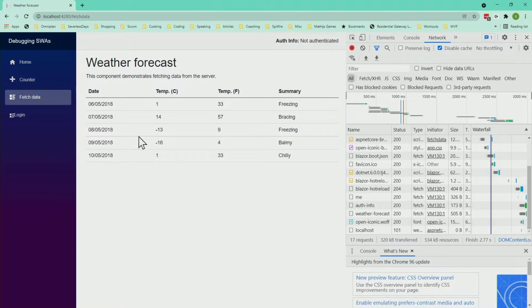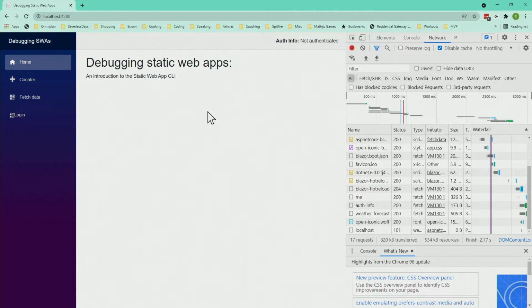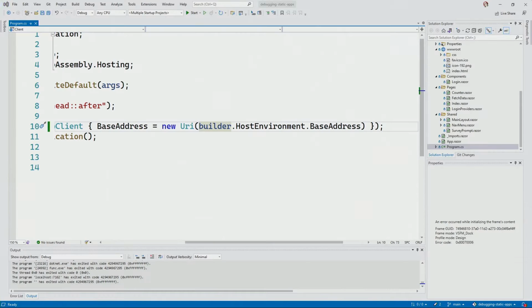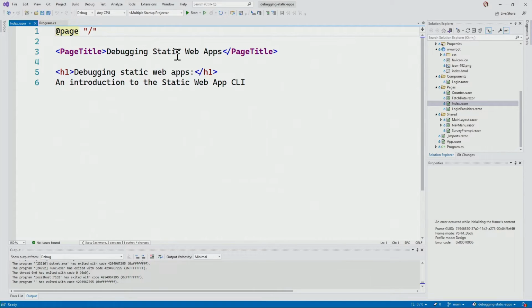Next thing, how can we do changes to our application here? .NET 6, we have hot reload. And if we run it like this, we have hot reload for Blazor applications too. So let's have a look and do some changes. Let's go to the home page, and we have Debugging Static Web Apps as our title. Have a look in our code and go to the home page, the index, and